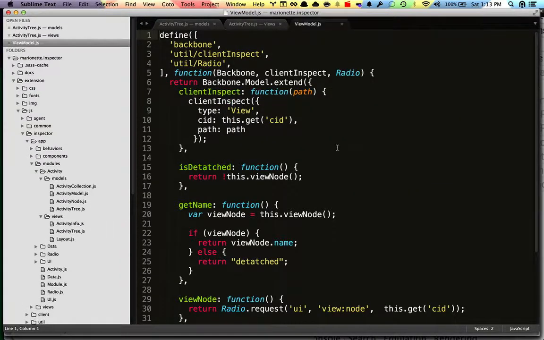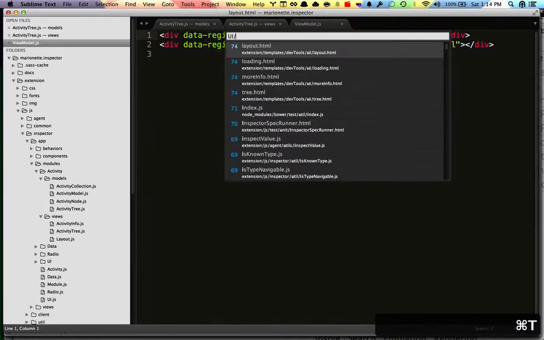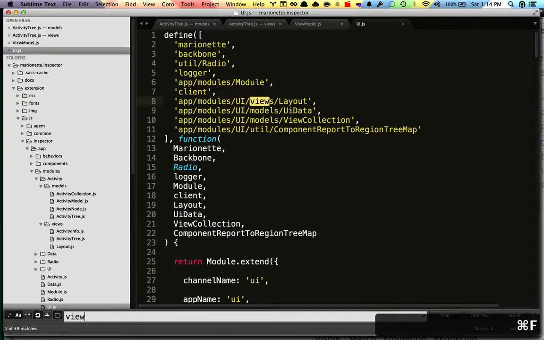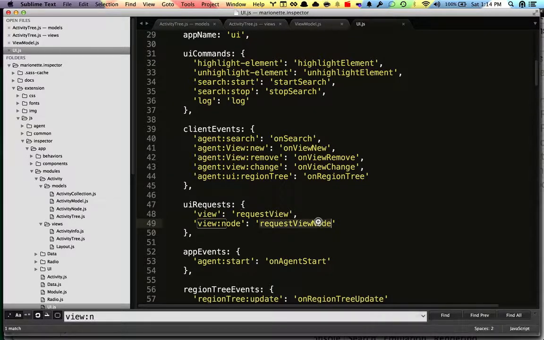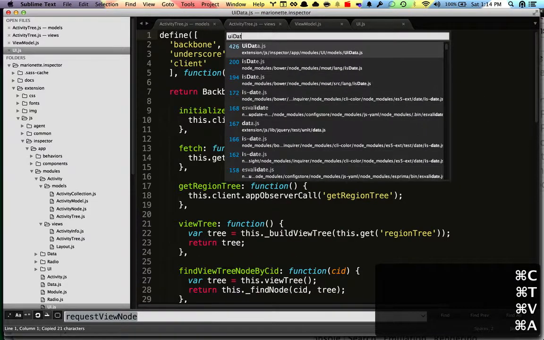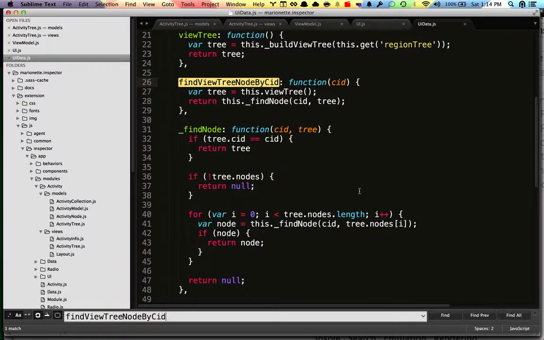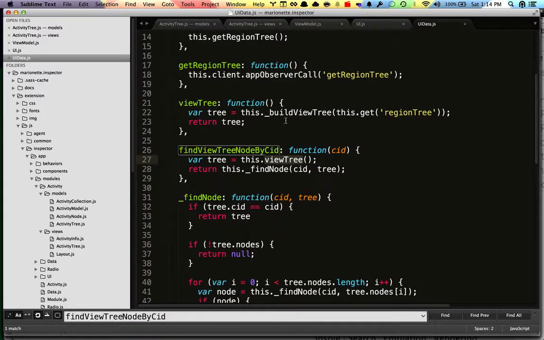And that's coming from here, which gets the view node. It has to request this view node object from the UI. And that does it by finding the view tree by node CID. And the UI data is kind of slow at this. It's slow because it has to build up the tree. This view tree, build view tree. Now,